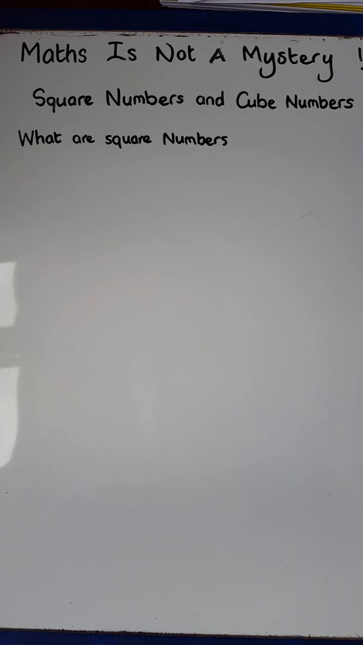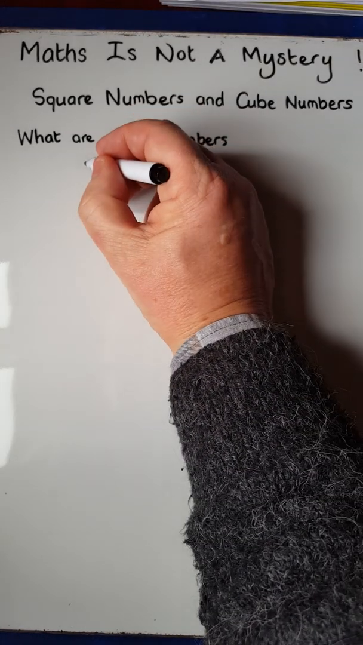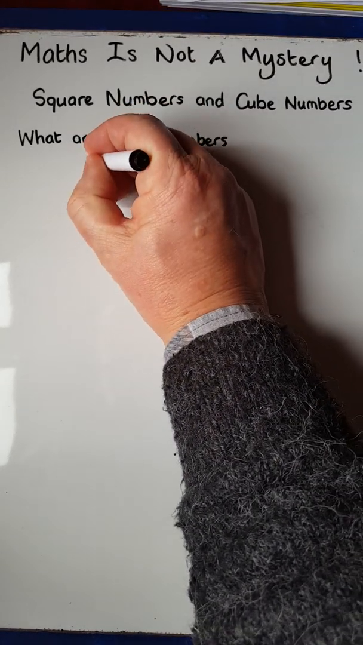We're looking at square numbers and cube numbers today, Foundation grades 1 to 4. Starting off with, what are square numbers? Well, a square number is the answer to a question, and the question would be, multiply a number by itself,